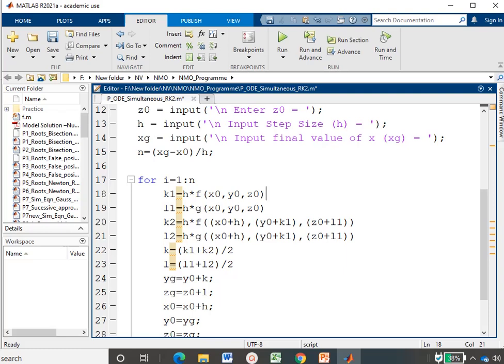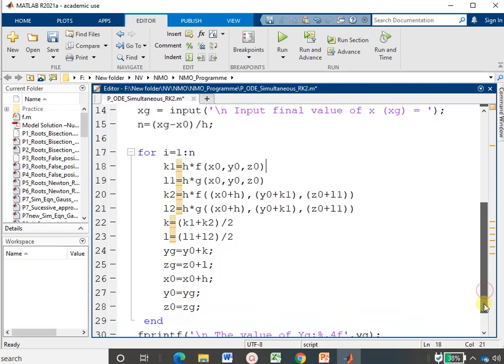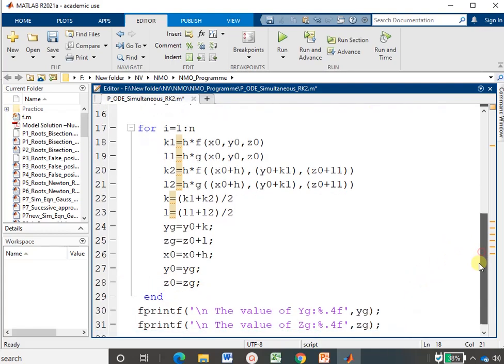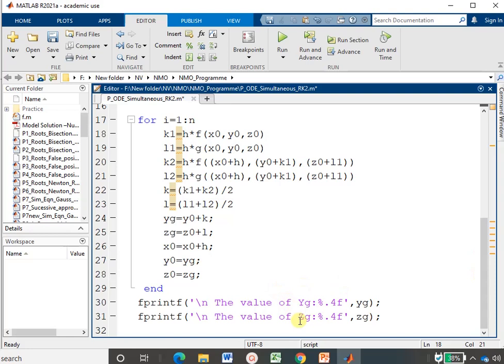And then we are finding the value of yg using y0 plus k and zg value as z0 plus l. And if there are more iterations, then we are taking the increment of the values. So x0 becomes x0 plus h, then y0 becomes yg and z0 becomes zg, and then we end the loop, and finally we are printing the value of yg and zg.